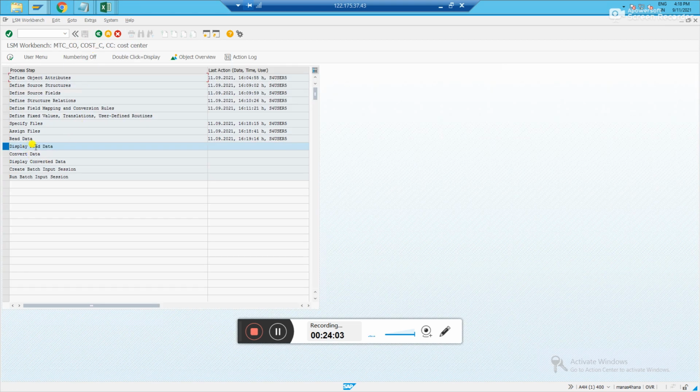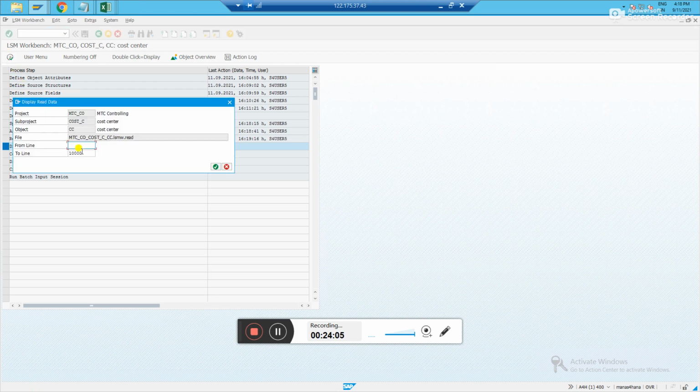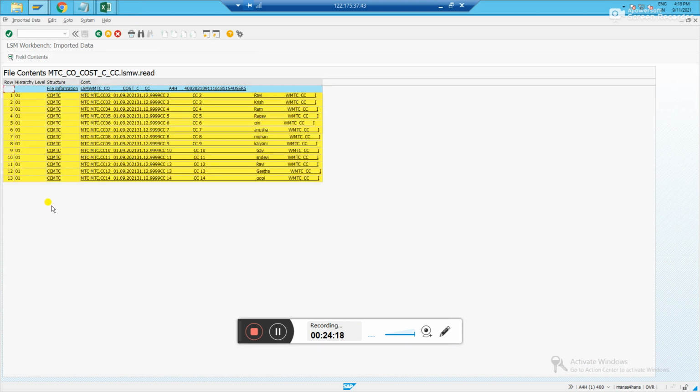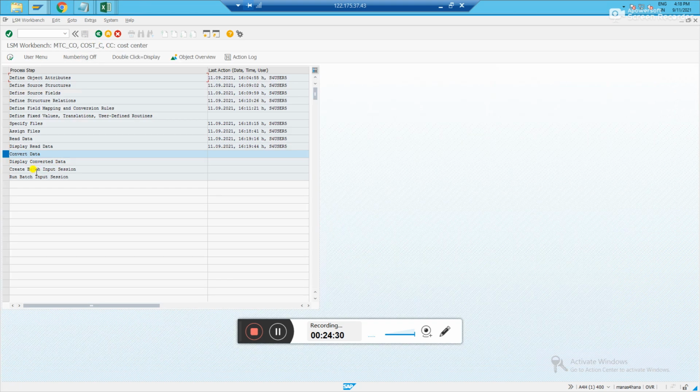Now you just click on display read data. Let's say you have 13 entries. If you want to see how any of the lines appear in the system, you just select one and click OK. See, these are the 13 cost centers. We can see who is the responsible person, what is the hierarchy, all the information. It will be appearing like this. You just go back. Now click on convert data,